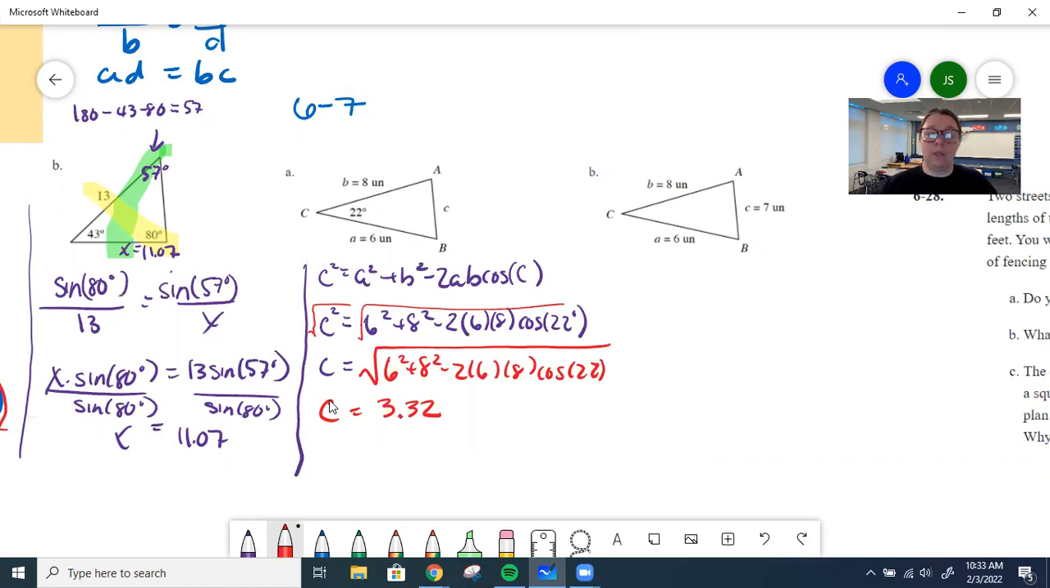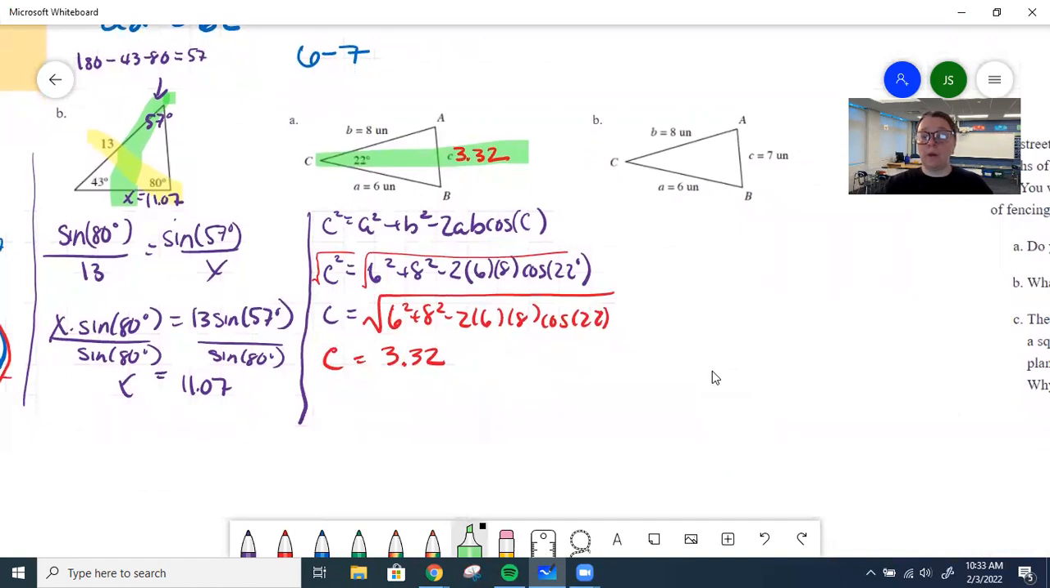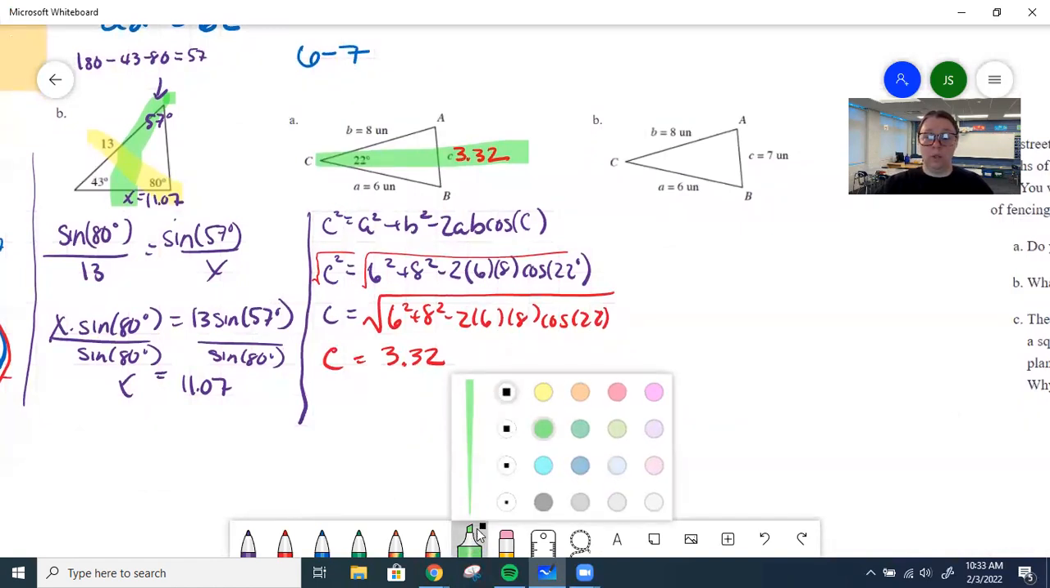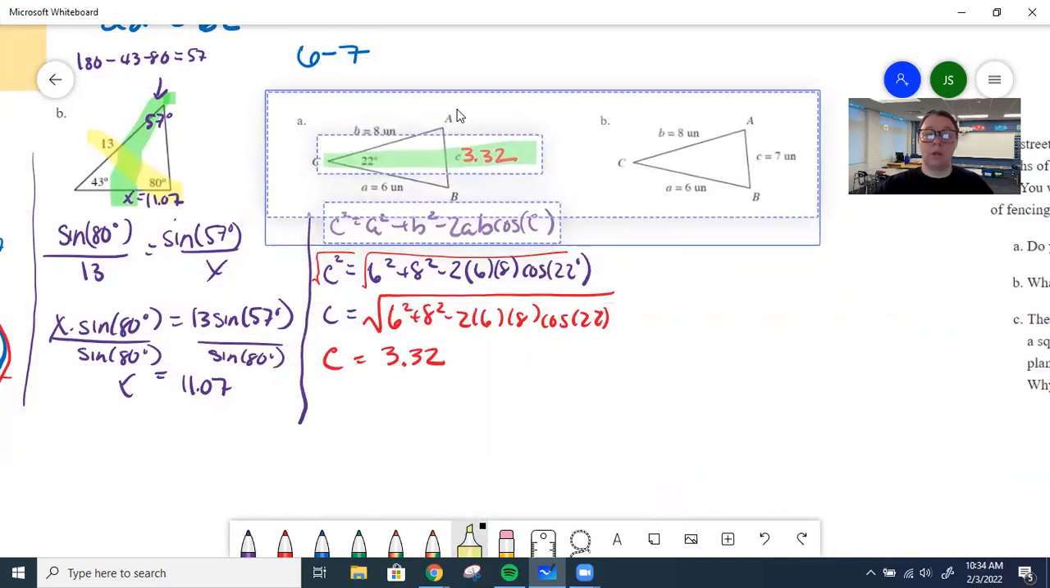All right, so I know now C is 3.32. So now I want to find the missing angles. So to get the missing angles, okay, now look at what I have. I have a pair, right? I have an angle and the side across. So now to get my other angles, what I can do is use the law of sines. And it doesn't matter which one I get next. I'm just going to go ahead and